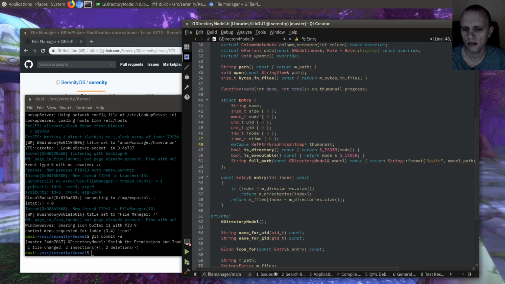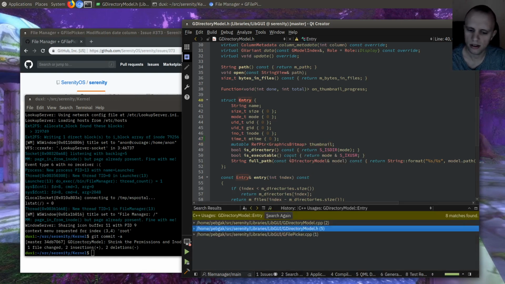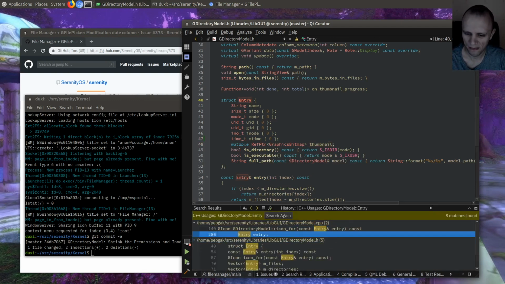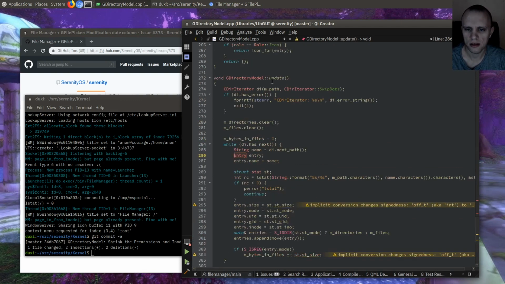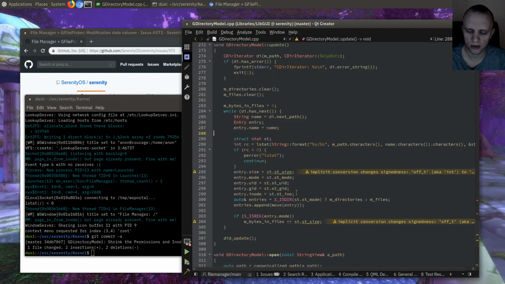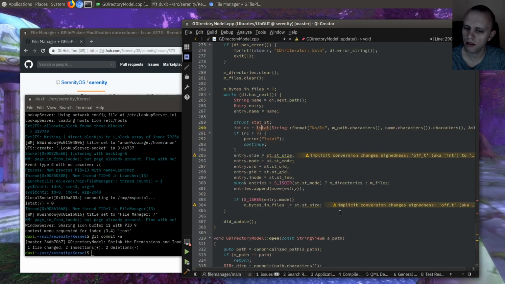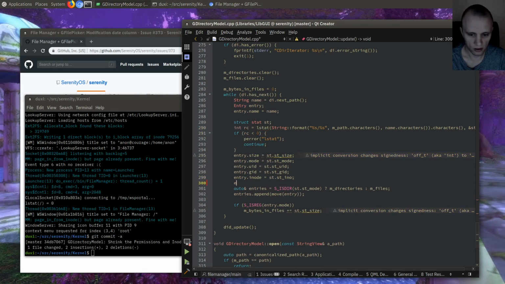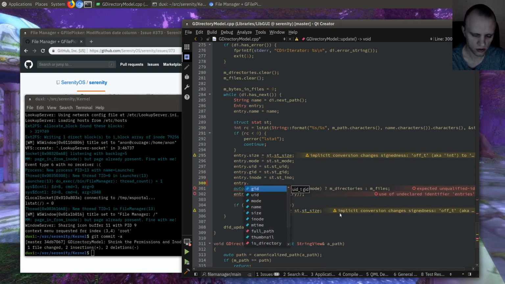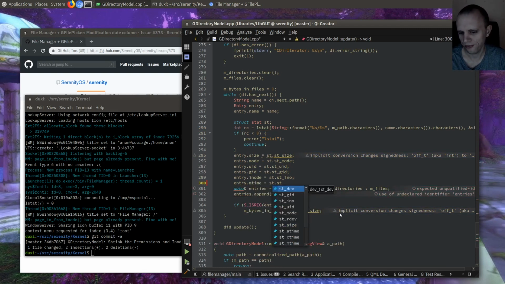And then, where do we create these? I don't remember. Looks like here probably, in directory model update, right? So here we just stat, or rather lstat, the path that we were looking at, and copy out a bunch of things from the stat struct. So we'll just copy out the mtime, modification time,